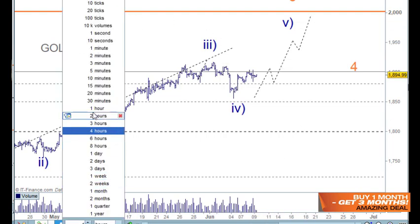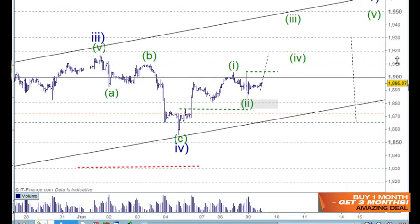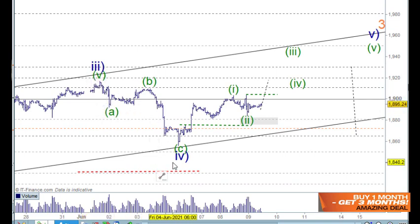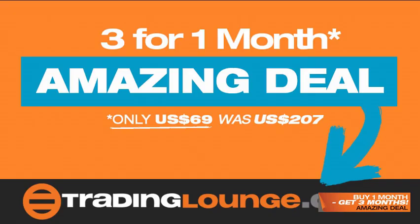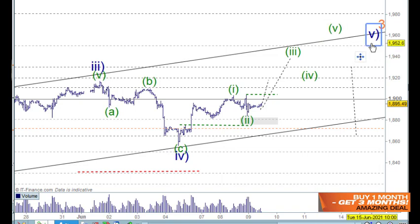So on the hourly chart here, it looks a little bit like this. So we've got wave 3 and ABC for 4 here, and 1, 2, 3, 4, 5 for 1, little A, B and C for 2 here. So hopefully we could push up from this point and push up into wave 3 there, and so on. So let's see if that's going to be the case, and if it is the case, well then that's the time to move in. Taking this little high out here,